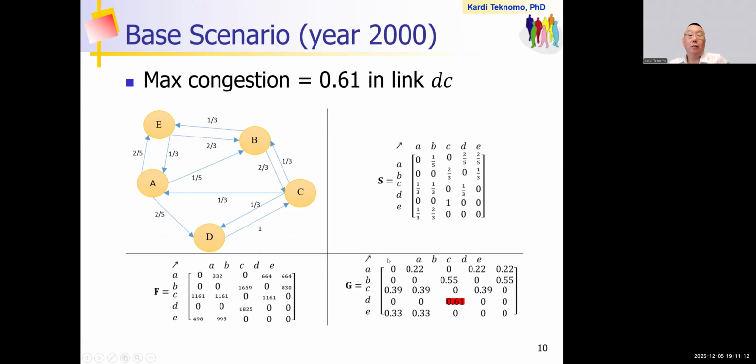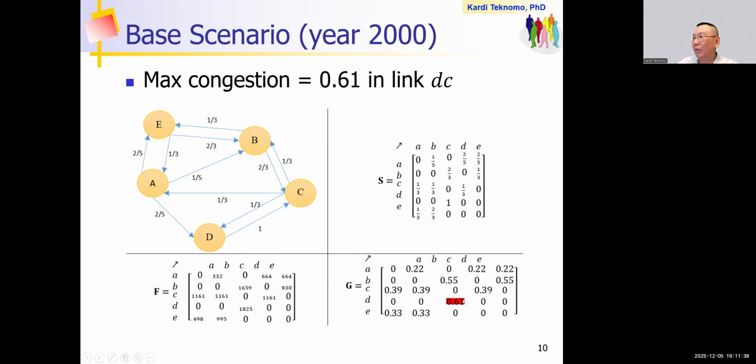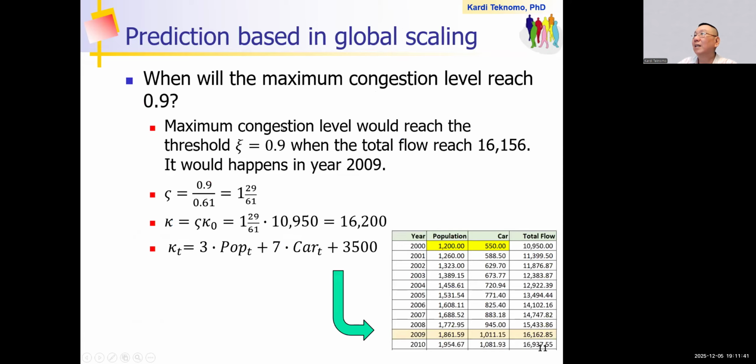So then you want to ask, okay, when will this 0.61 become 0.9? Using IFN, this is very easy. If you compute the maximum congestion 0.61 in link DC, when will it become 0.9? You calculate the scaling: 0.9, the one that you want, divided by 0.61, the one that you get,